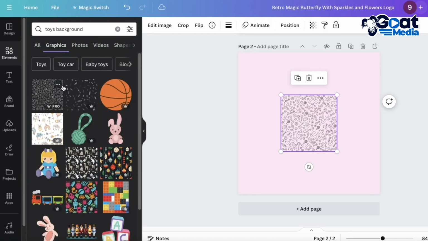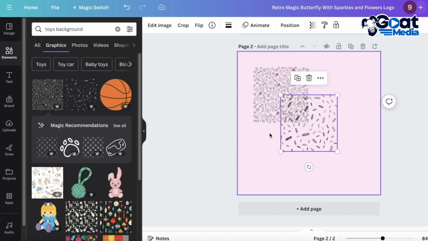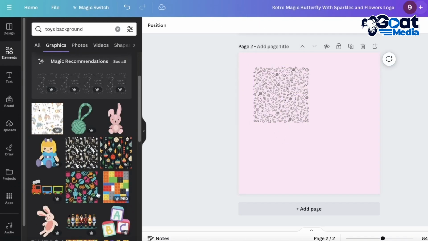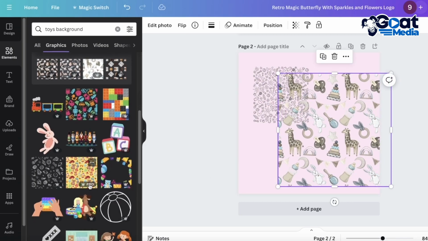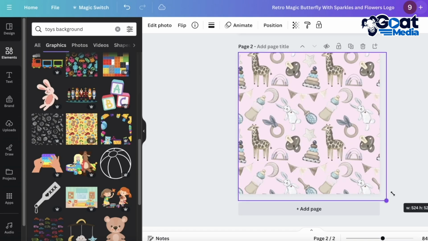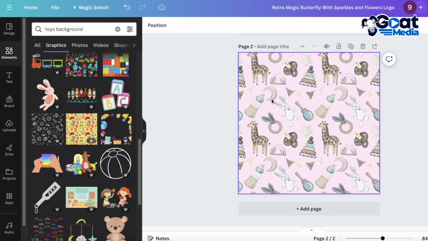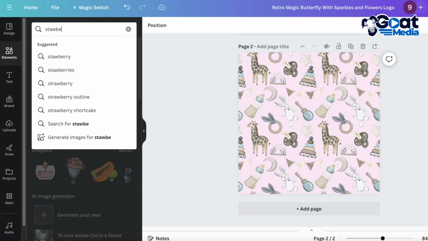You can search for that, and you guys can see these types of backgrounds pop up. So these are just some creative backgrounds that are representative of the type of niche you're working in. So you guys can see there are quite a few different options you can pick from. Let's say I want this one over here, and I'm going to extend this so it fills out the entire section. And then I can go into the element section once more, and I'm going to search for strawberry,